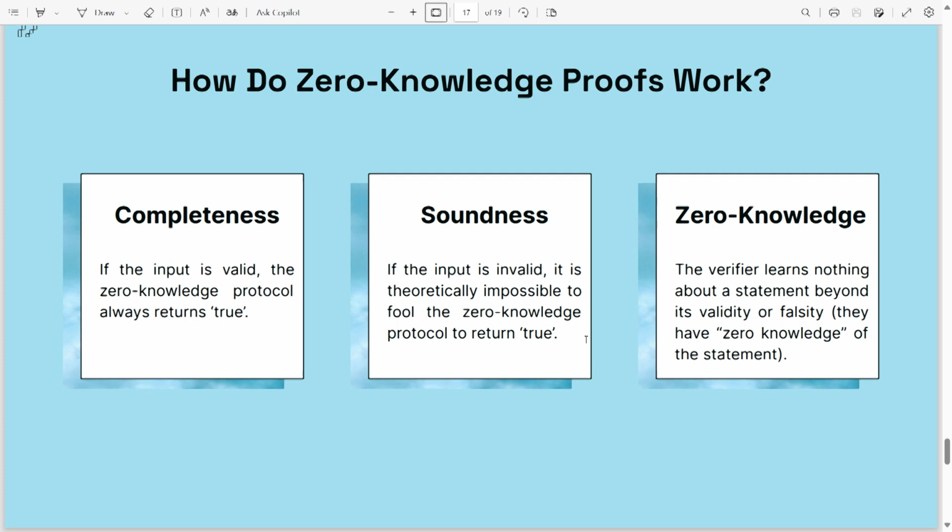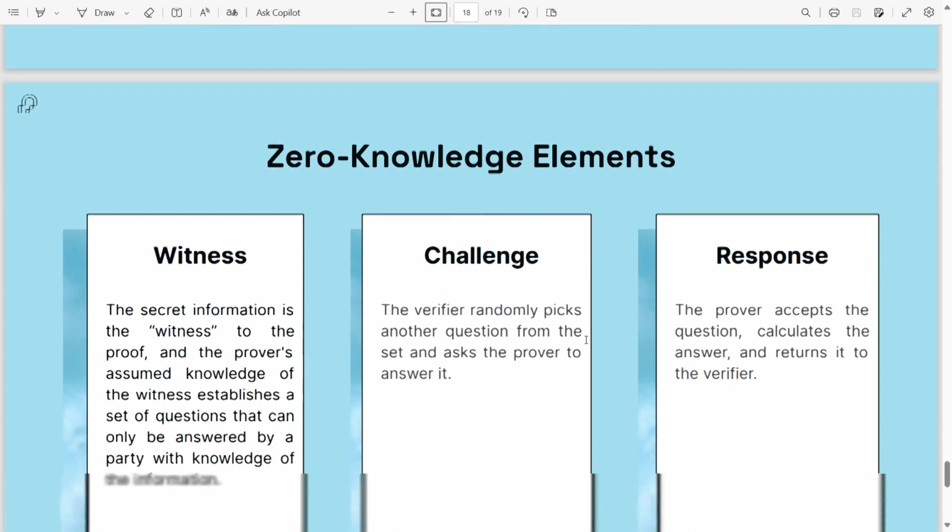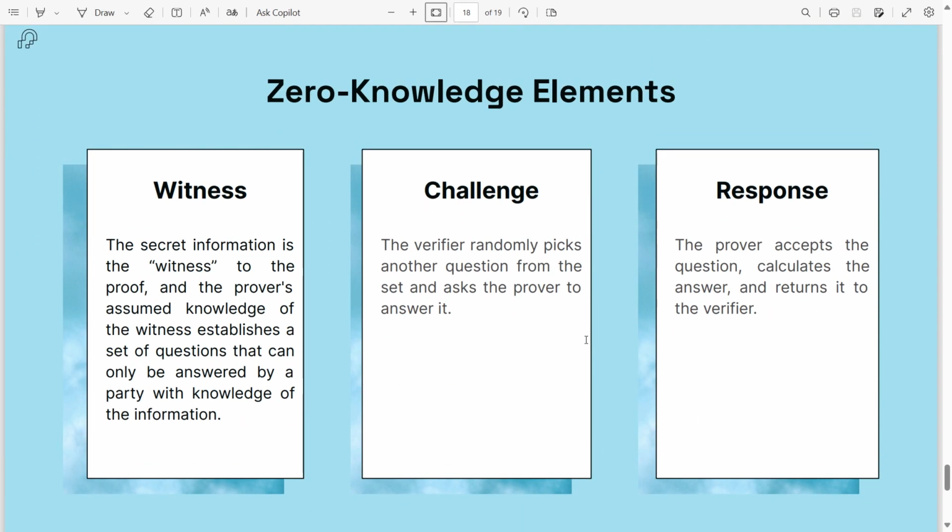Yeah, we have three different elements in zero knowledge. Actually, like all proofs. The first one is our witness. Witness values are your secret values, which you don't want to share with the verifier. You don't want them to know this. This is your solution. Challenge is the challenge that in most of the proof schemes, the verifier gives random